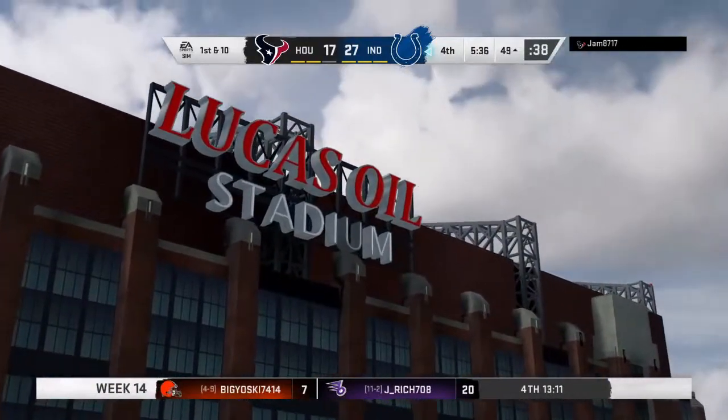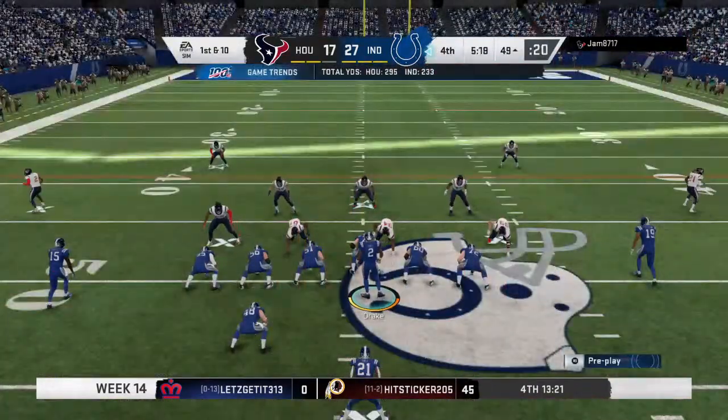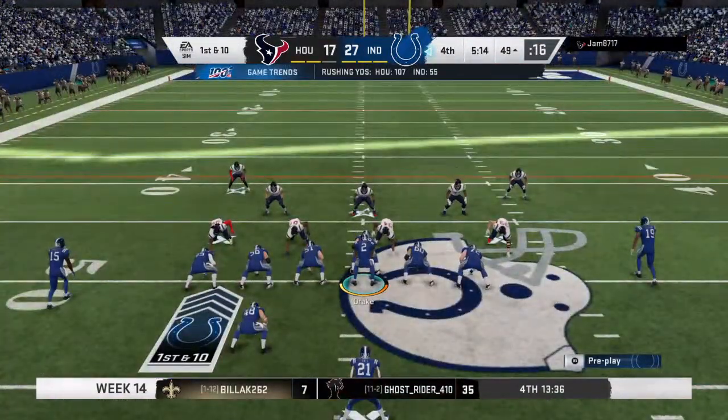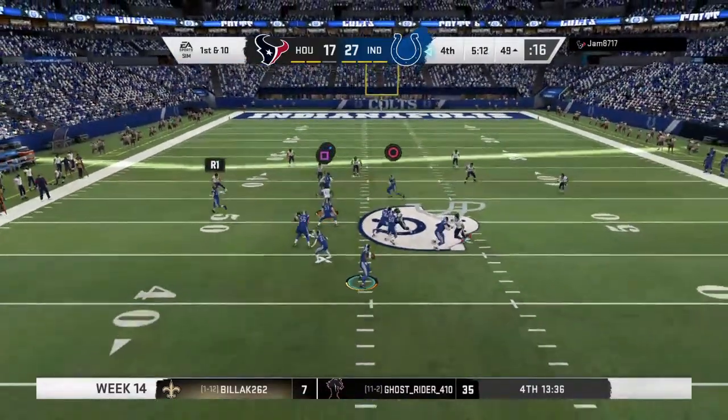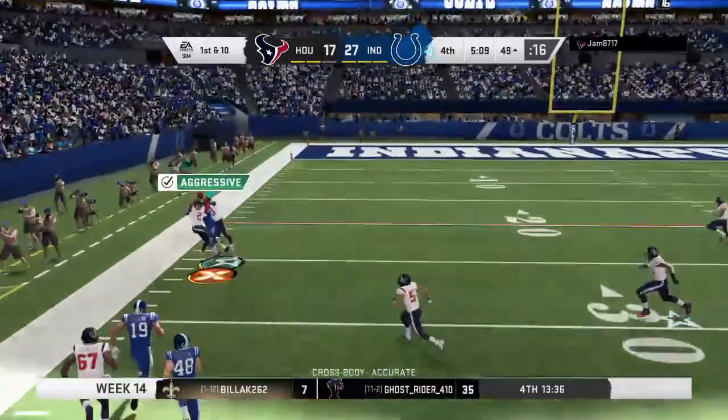Well, it leads me to one of my pet peeves, and maybe peeves is too strong of a word. But if you're going to jump offsides, finish the play. Make sure the play ends. Don't jump offsides and stop, because you see the net result here. If you go ahead and finish the play, you don't give up that type of...